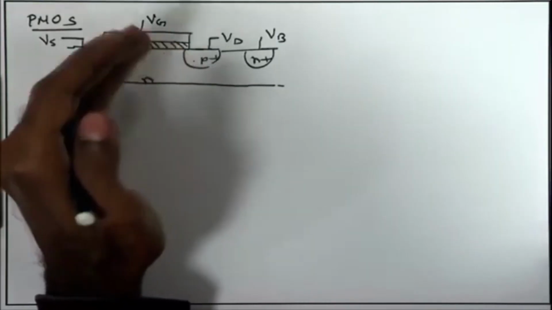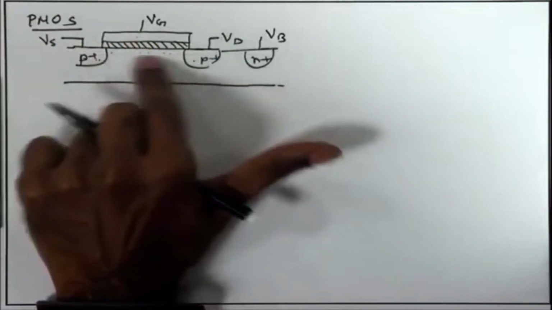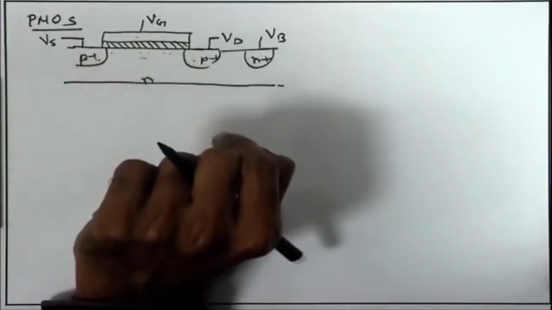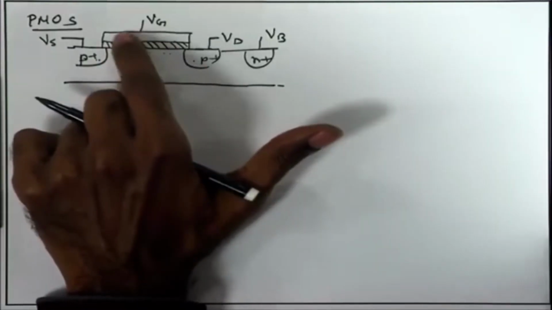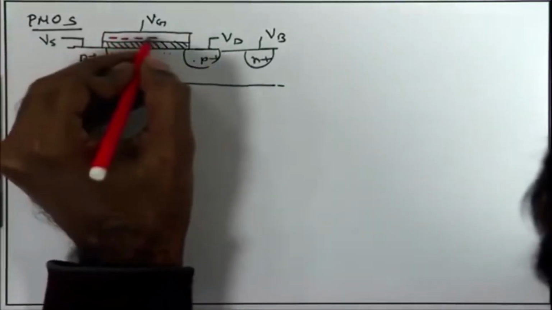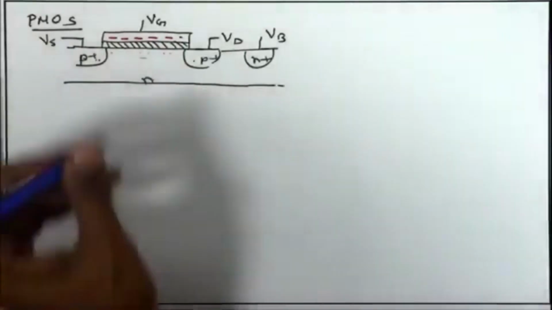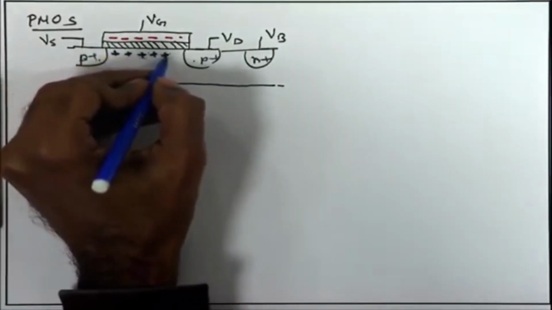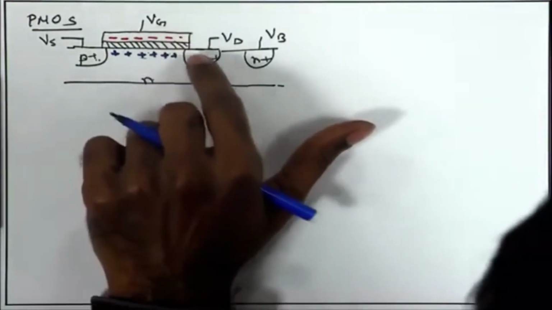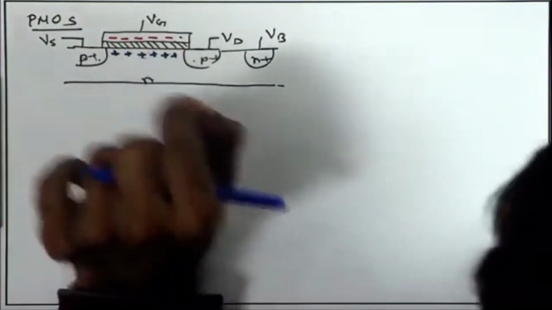In this case, the condition is just reverse. We are going to form a P plus channel. We are trying to have a lot of holes, which are positive charges, accumulated just below the oxide. And to do that, of course, we need to deposit negative charges on the other plate. So, here we need a lot of negative charges in order to ensure accumulation of positive charges on the channel side. And once again, following the same argument, the Vg must be at least negative by a